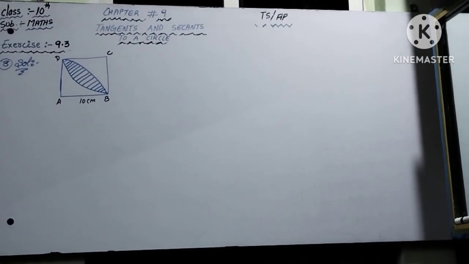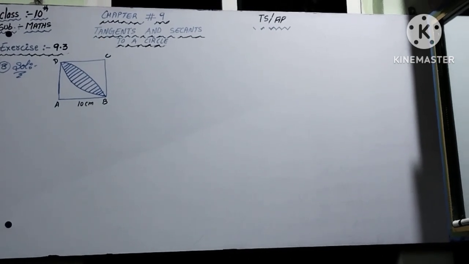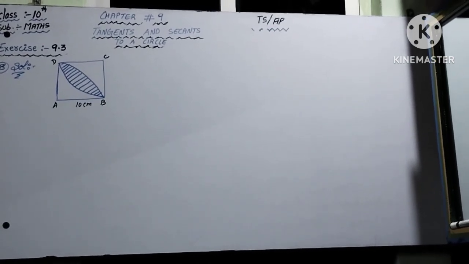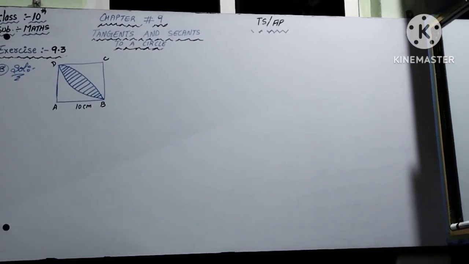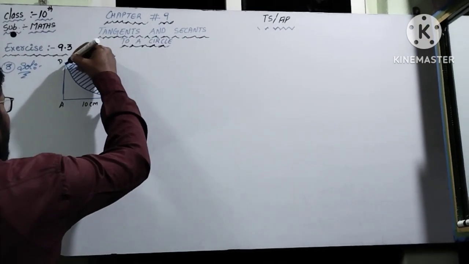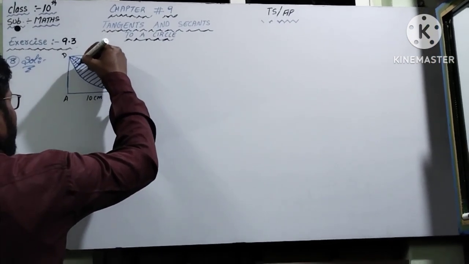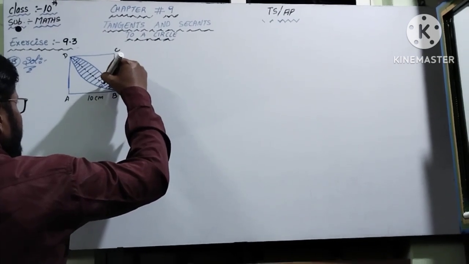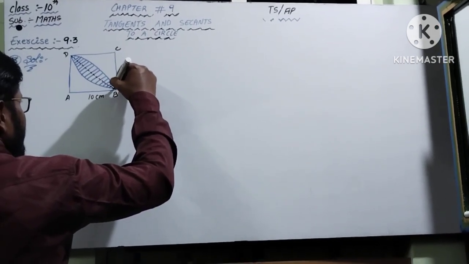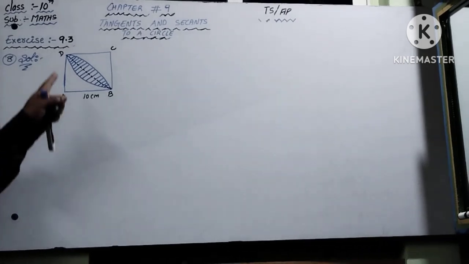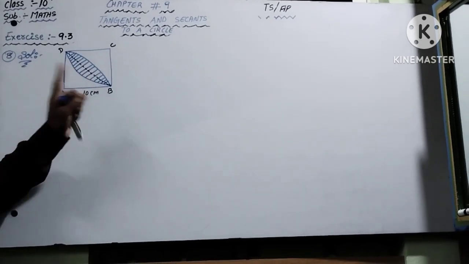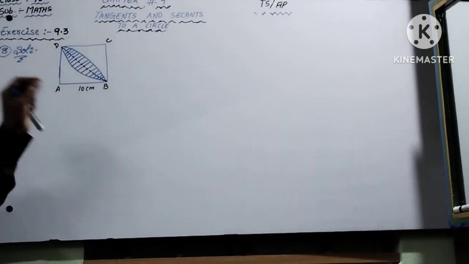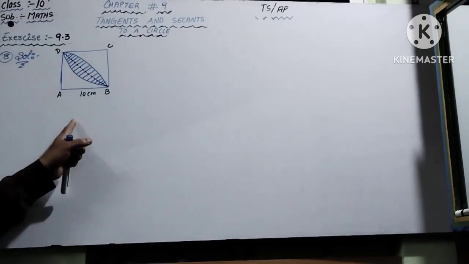The first step is to drop one diagonal line from B to D. Drop a diagonal line from B to D. This is the only main step in this problem, remember. I dropped one diagonal line from B to D. This step is the main one in this problem, very important.